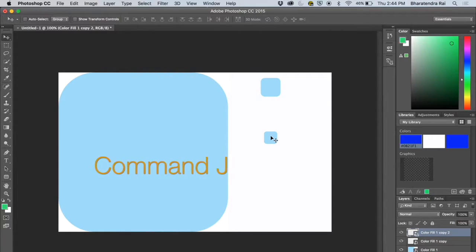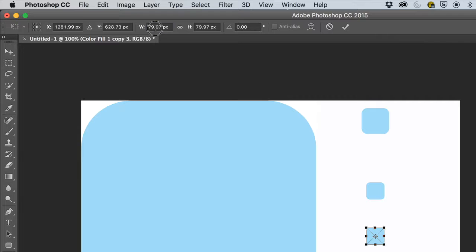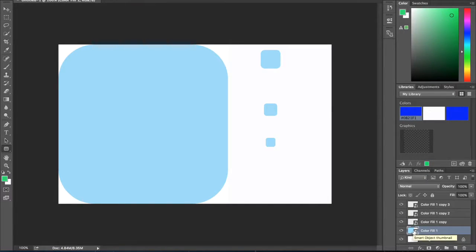One more, drag, and this one will be 58, lock and select. Now double click on this,